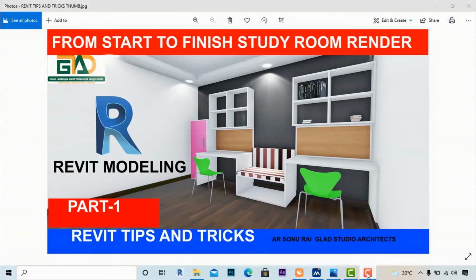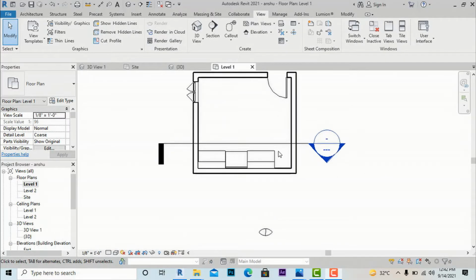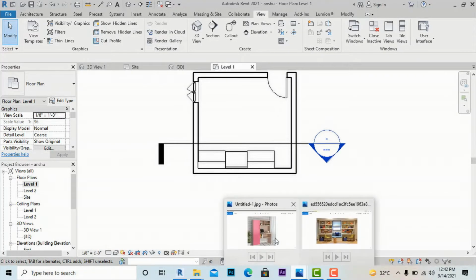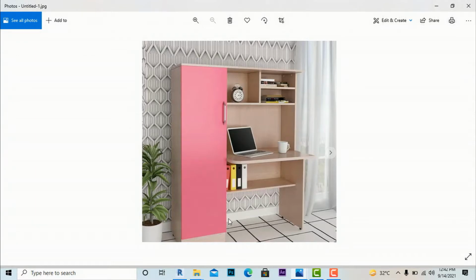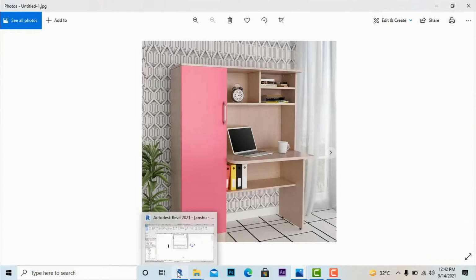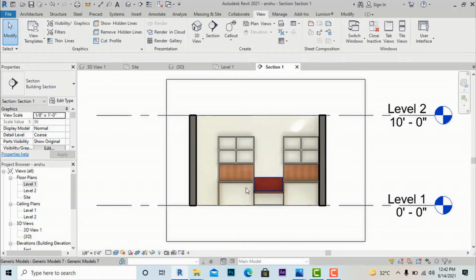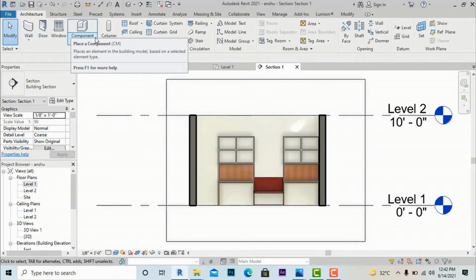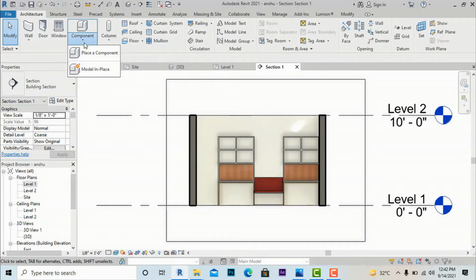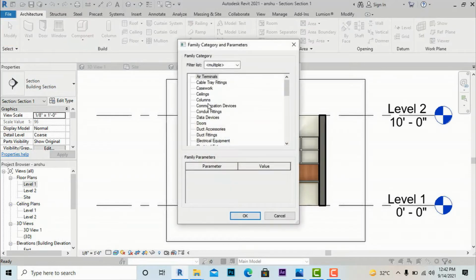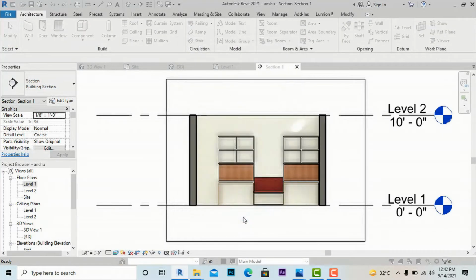So let us begin. Now I want to add one bookshelf, like I have selected in the second image. Yeah, I want to add one bookshelf in my study area. So let's begin. I am going to my section view, and now I will draw a small bookshelf here. So for this I will again go to my component, model in place, and generic models,